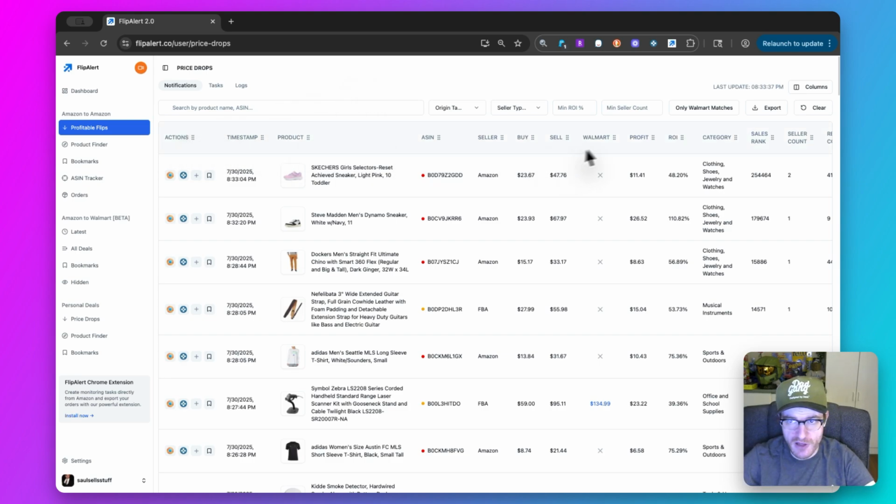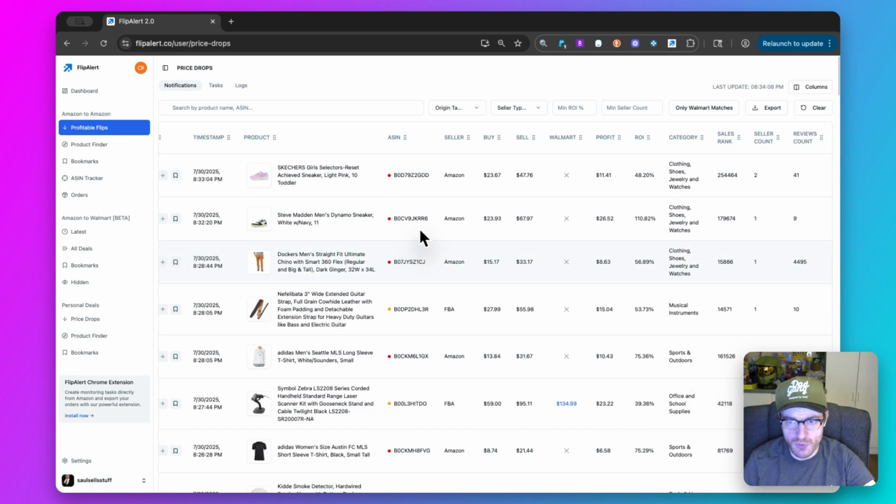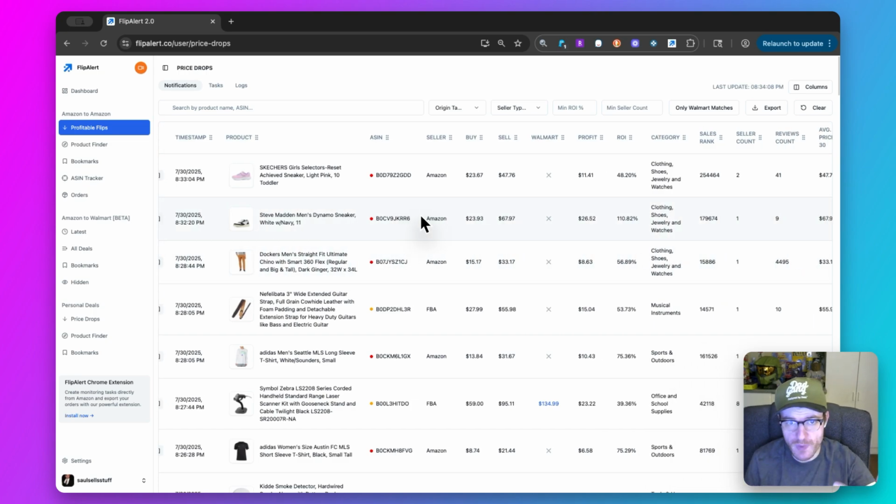We have a number of different columns, as we talked about. You can also rearrange your columns, so we'll get to that in a second. But by default, this is generally what you're going to see: your actions all the way on the left, followed by the time that they came in, product, ASIN, etc. What you want to do is scroll through and learn what information you might need to make